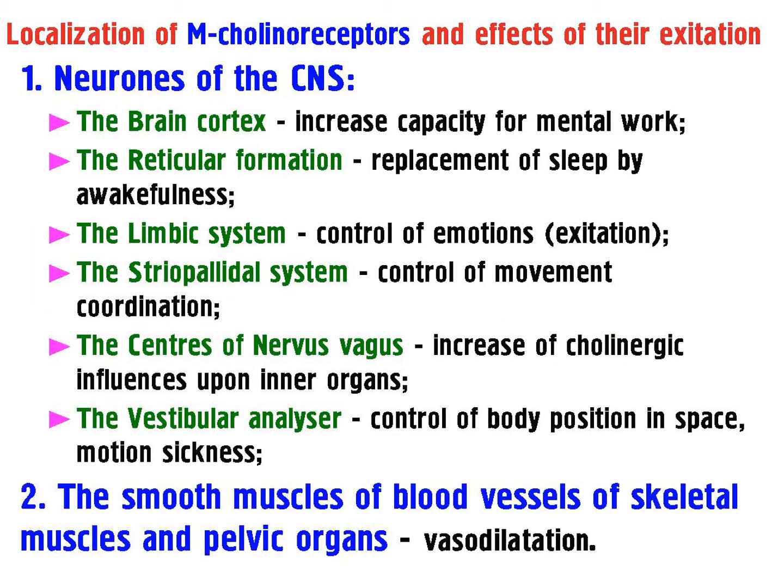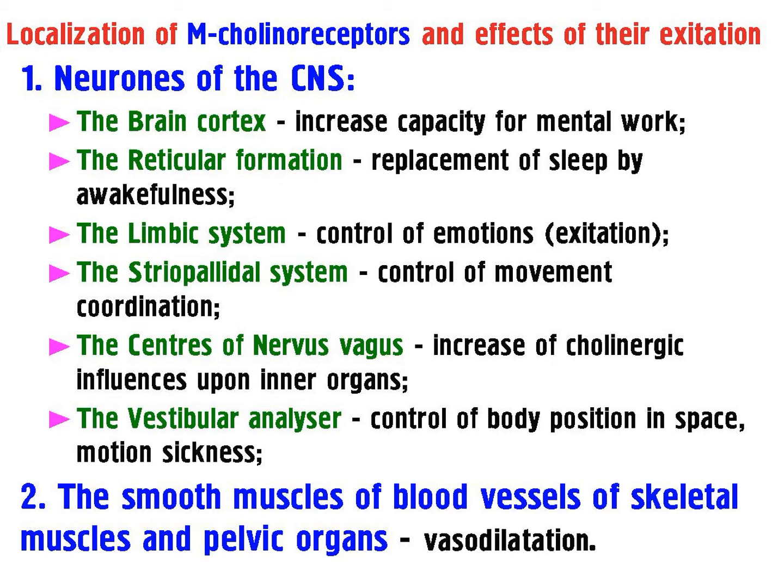When we are talking about the localization and the major effects of excitation of M-cholinergic receptors, we should note the following. First of all, the neurons of the central nervous system. Muscarinic receptors are widely distributed in the different regions of the brain and spinal cord and perform a variety of different functions. They can be found in the brain cortex, in the reticular formation, limbic system, striopallidal system, in the centers of the nervus vagus, in the vestibular analyzer, and so on. And in more detail, we will talk about the effects of these receptors' activation when we talk about